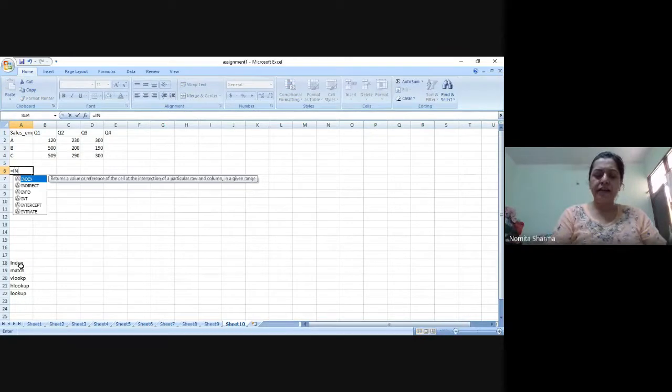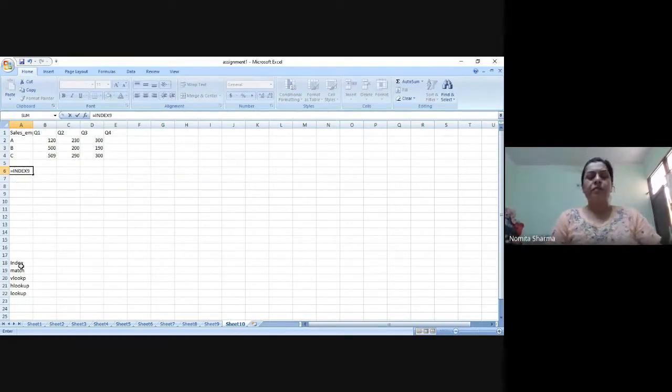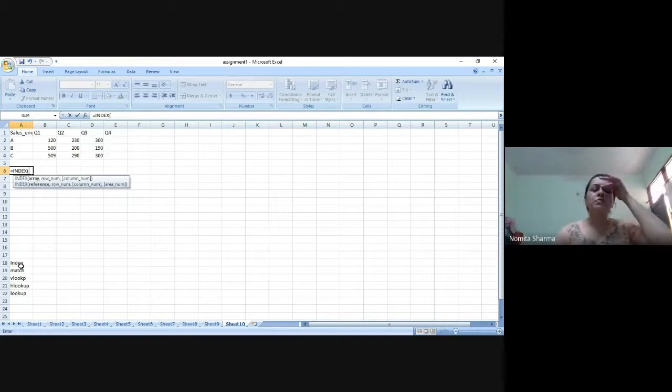Now if I write the index command, you will see it will actually show you in the two forms: index as the array form or index in the reference form. So let's just summarize the array form, which I don't know whether I've done that or not, but still I'll complete that. So it is equal to index bracket array, and it says the array, then comma, the row and the column.